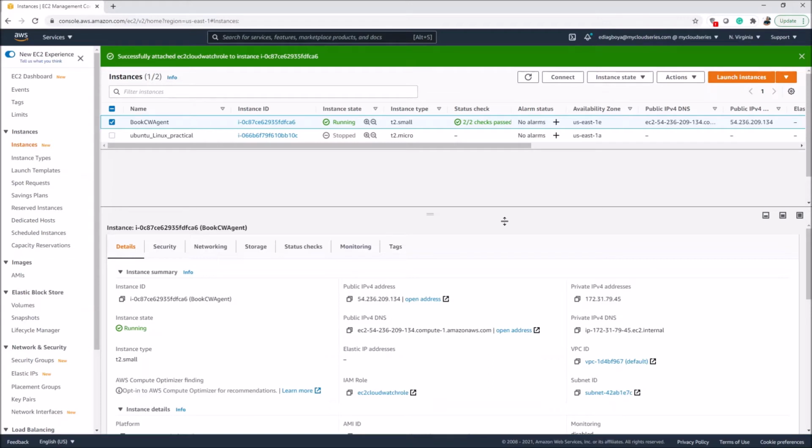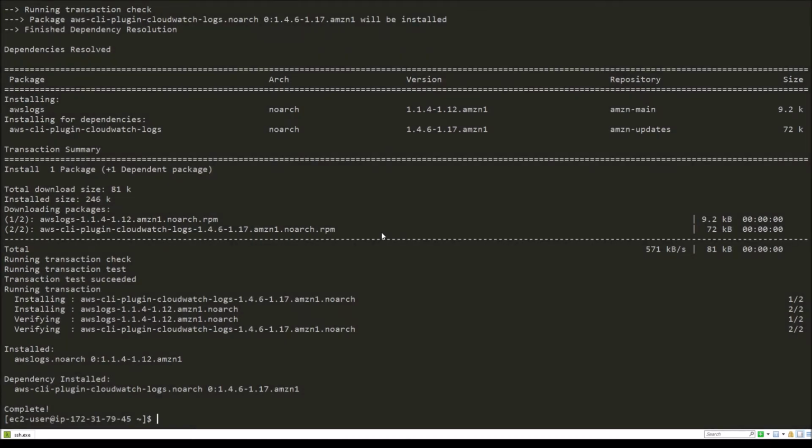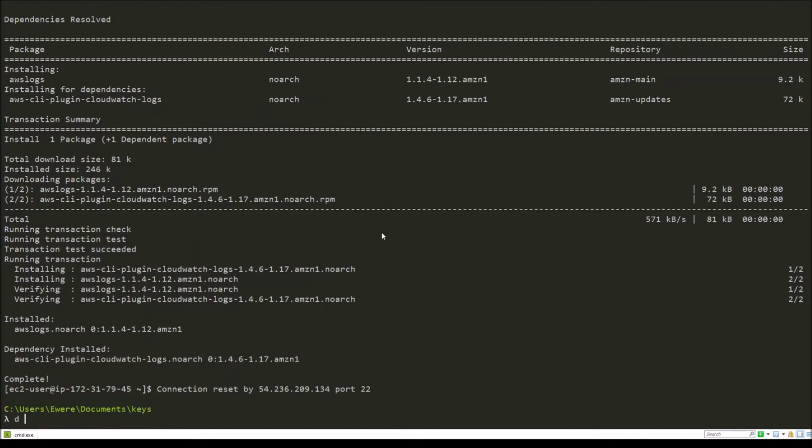So the next step for us is to configure CloudWatch Logs to be able to push logs from the EC2 instance into CloudWatch Logs. The next step here is to configure the CloudWatch agent that we already installed. So to configure the CloudWatch agent, we go to the place where the configuration file exists, and it's under cd